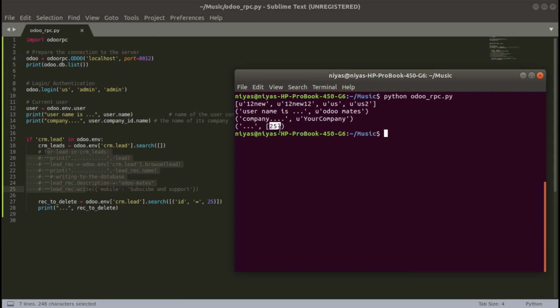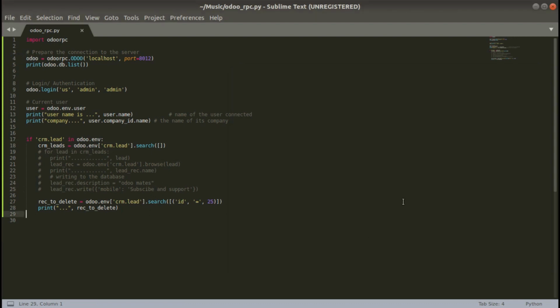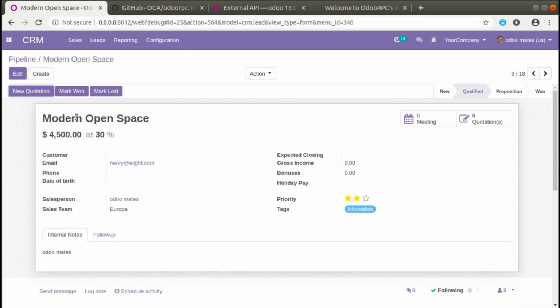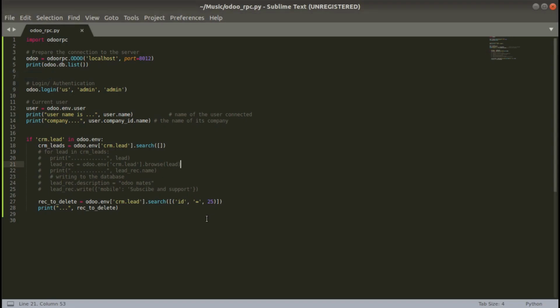So we got the ID, so we have to browse that record. Actually we don't need to make a search operation here. If you have the exact ID, you can directly use the browse method and pass the ID. Suppose you don't know the ID, and simply need to delete the record with this name. If you check, the field name is name, and you need to delete the record with this name. Instead of ID 25, we are going to delete the record with this name. So we have to update the search condition. Instead of ID, I'll be passing name equal to Control V. So once we do like this, we will be getting the ID.